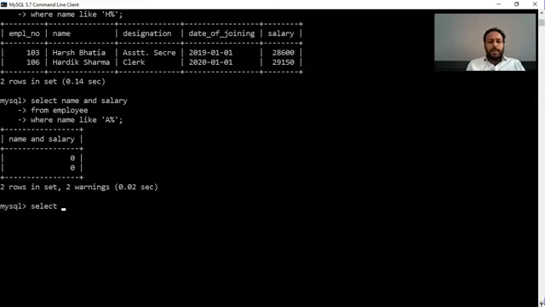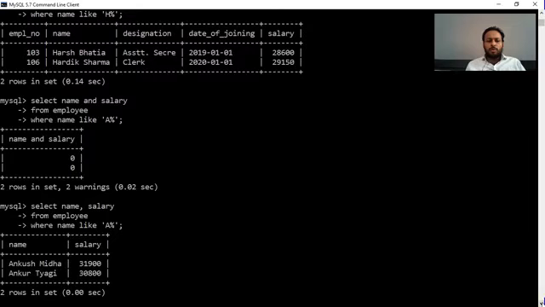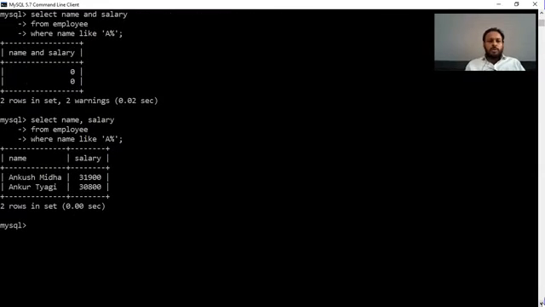So select name comma salary from employee where name like 'A%', because the name starts with A and after the A anything can be there. There are two such employees, Ankush Midha and Ankur Tyagi. Let's fetch the table again.